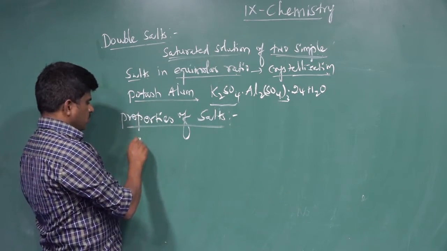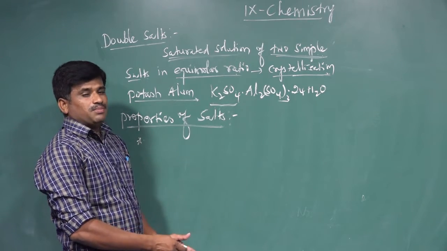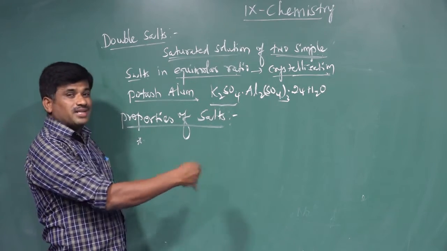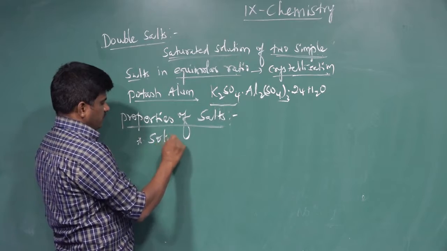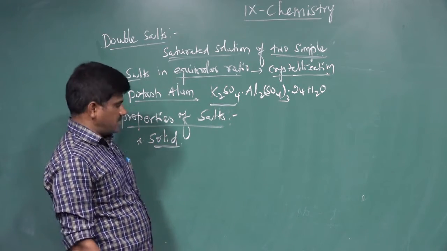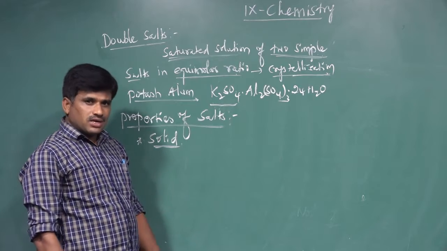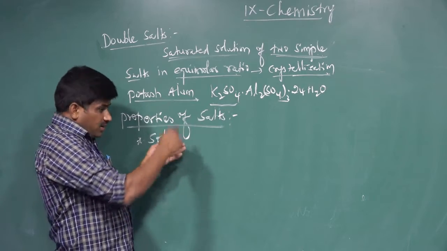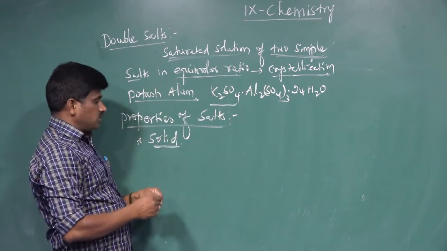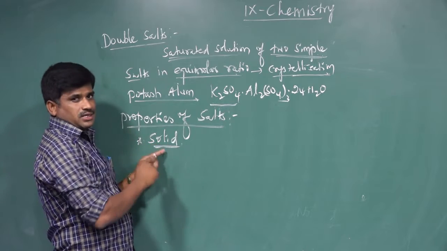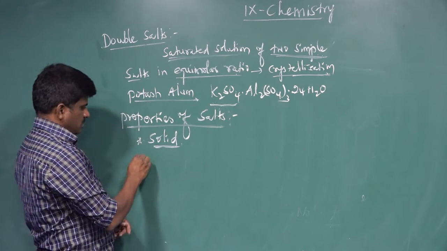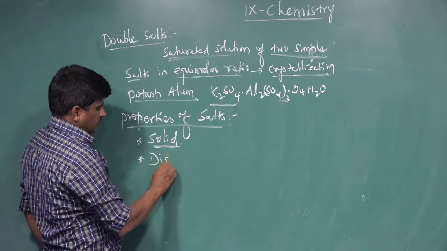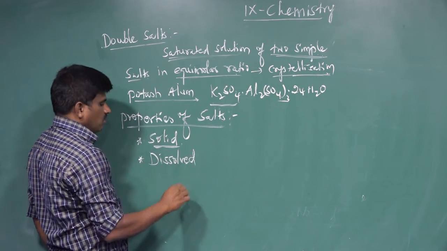By looking at the properties, we are going to know the simple physical properties. By looking at salts, you could understand that many salts are solid in nature. When we heat the salt, it melts, but only at a high temperature. So the salt is solid in nature. The second property is that most salts dissolve in water.